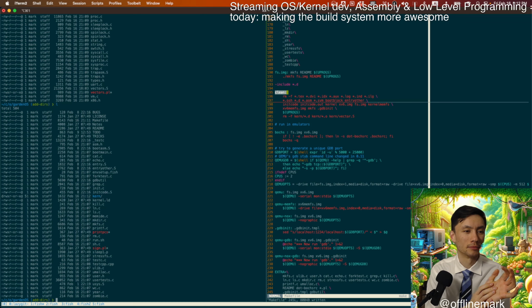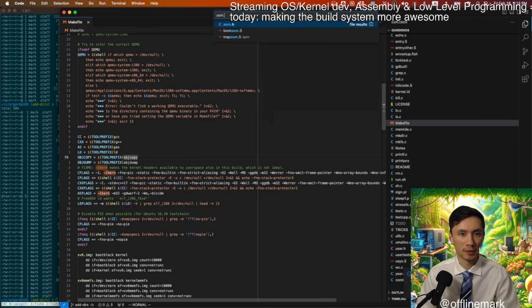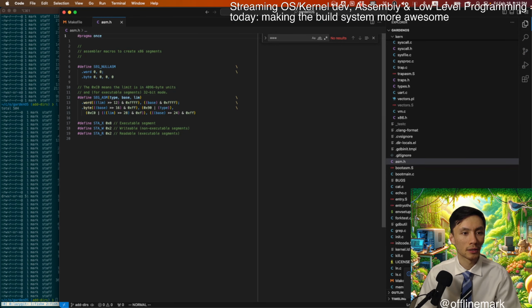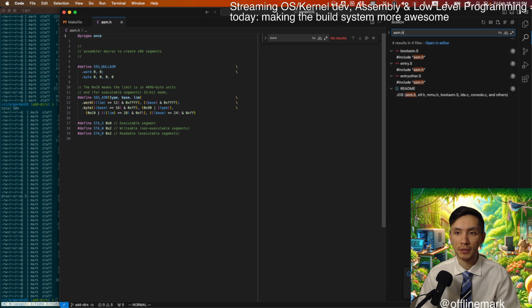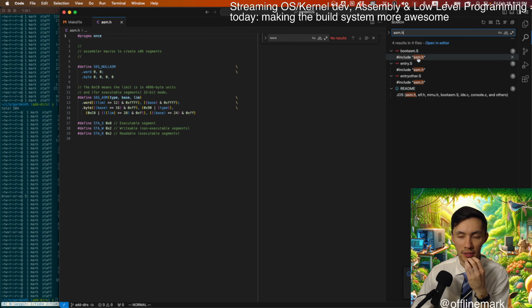Well, now that I'm looking at it, I'm not sure we're totally done, because there's all this suspicious stuff like asm.h and boot asm.h. There's a bunch of files that are still in the root directory that don't belong there, I think.